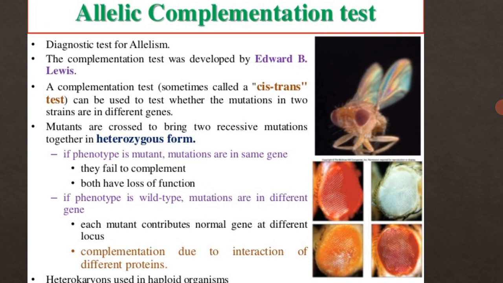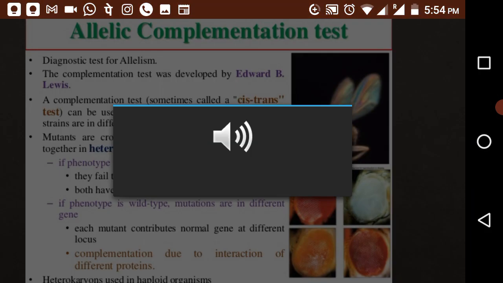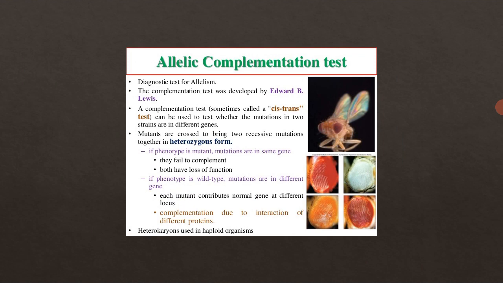And after white, it definitely requires the red color protein for the original red color synthesis of that eye. So if a single gene is present, then it is not going to synthesize properly, so that is not complementing. And if both the proteins, white and red, are present, then they are going to complement each other, and it will produce the red color eye in Drosophila. So this is the complementation test.